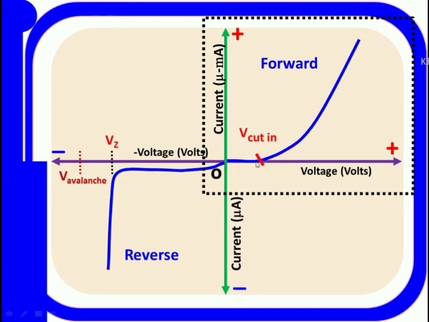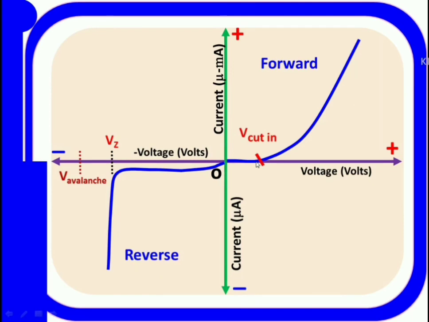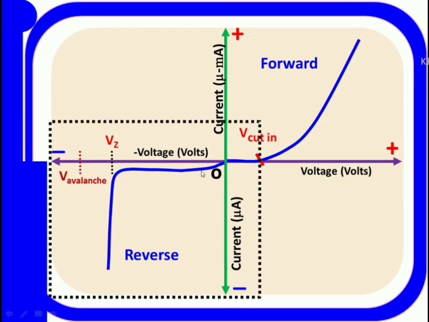Now come to the reverse bias. If you increase the voltage in reverse bias, a small current flows through the diode, which is called leakage current. It is very small and it almost remains the same for larger values. When it reaches Zener breakdown, a large amount of current is produced. Now current increases exponentially. The voltage at which this breakdown is occurring and current is increasing rapidly is called Zener breakdown. If you increase the voltage greater than the Zener breakdown, you do not observe much change.